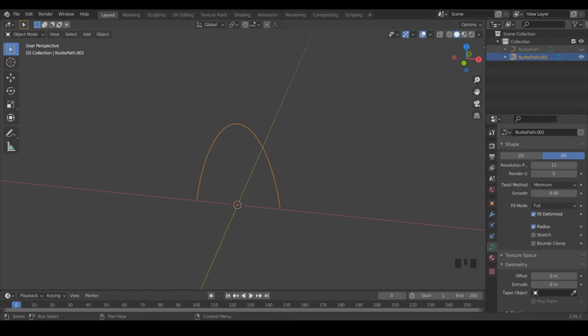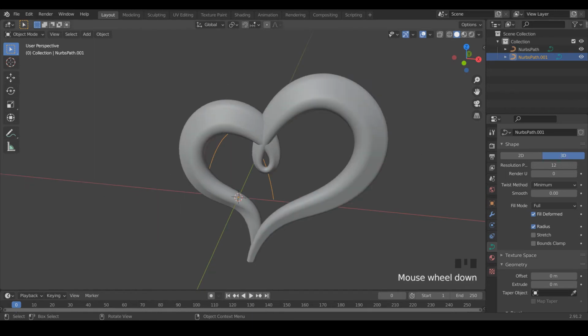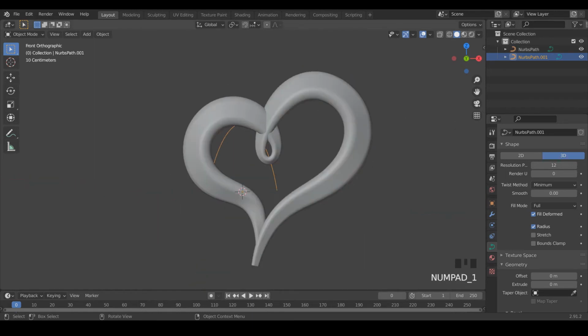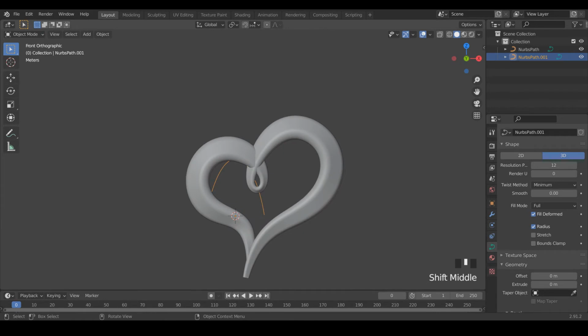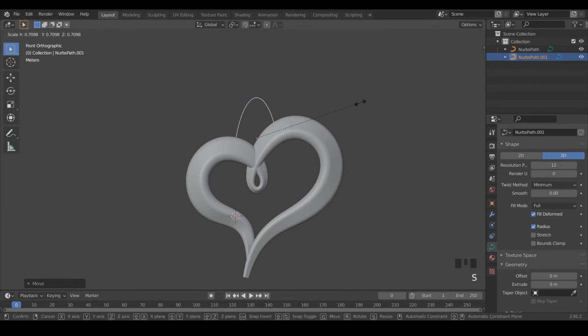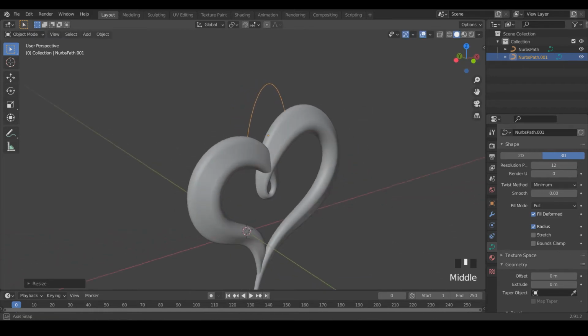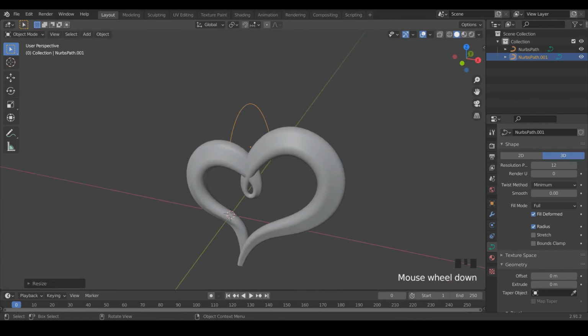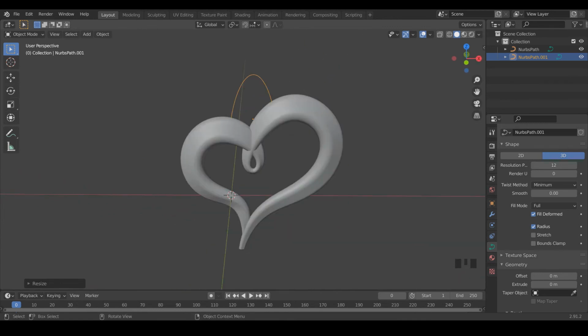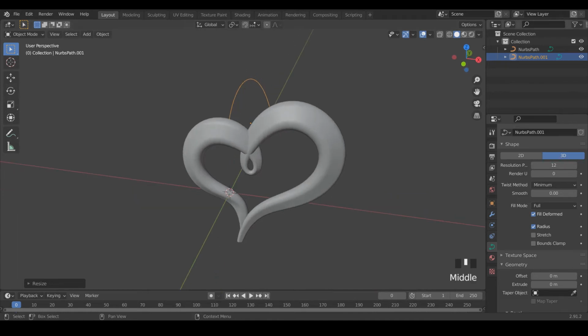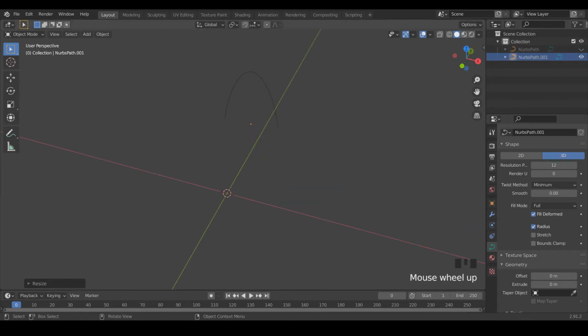Then going into object mode, I'm going to unhide our charm and just move this arc into position. Might even scale it down a little. Alright, so that's about the shape of the connecting loop that I want. Now I'm going to re-hide our charm,